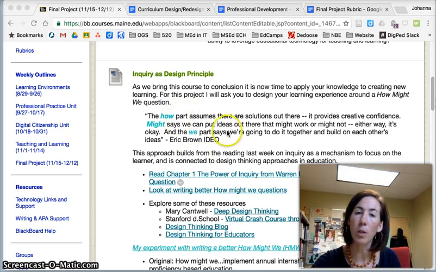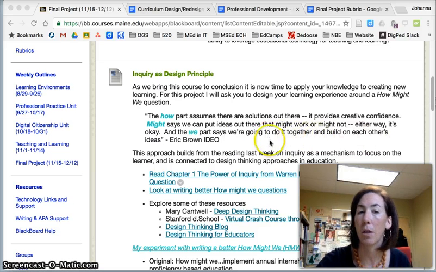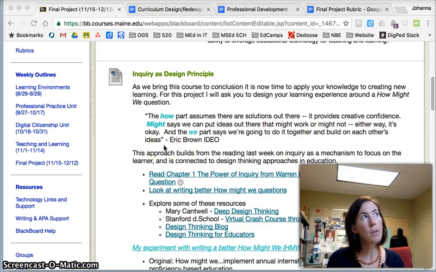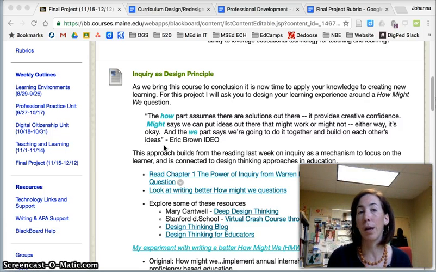The how part assumes there are solutions out there. It provides creative confidence. Might says we can put ideas out there that might work or might not. Either way, it's okay. And the we part says we're going to do it together and build on each other's ideas. And that's sort of the foundation for this, is that you're going to create an applied project, either a